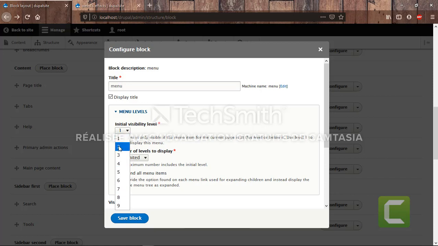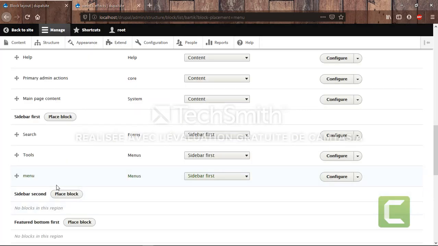This is about the visibility level, and if we choose two, it will only show the second part of the menu, which is the first link I've created. But if we choose one, it will show all the links I've created and all the links I have in my menu.